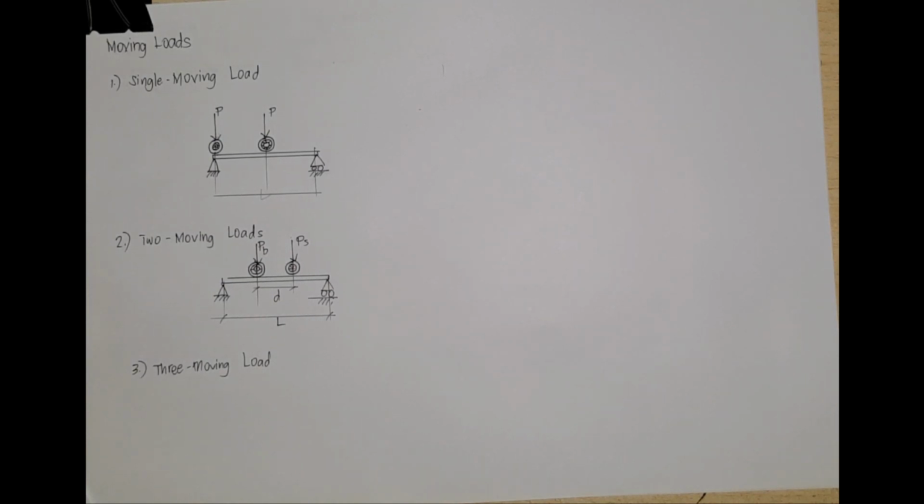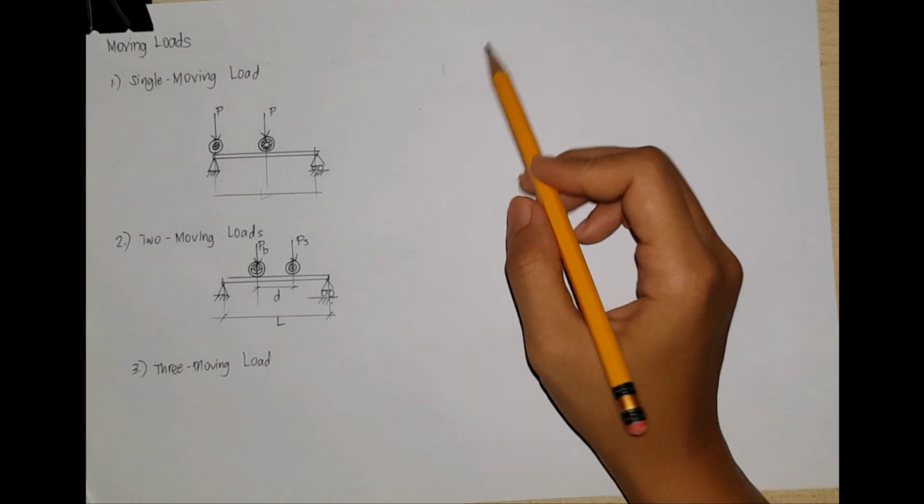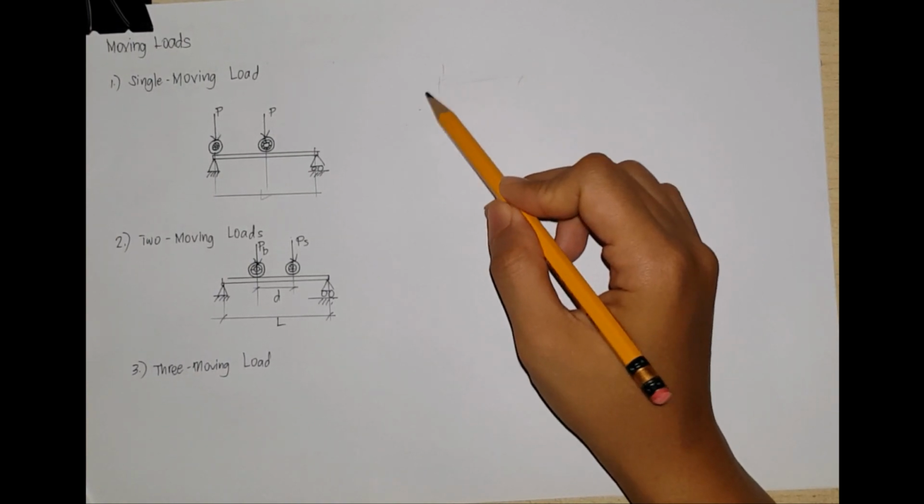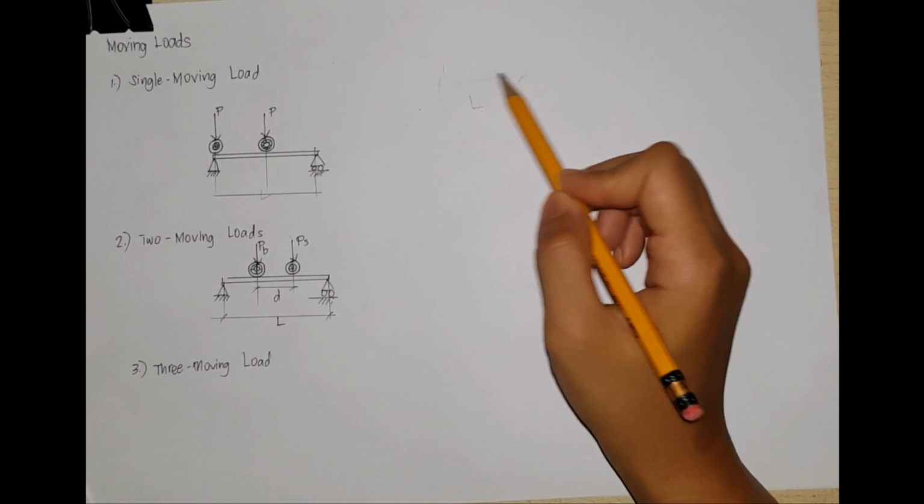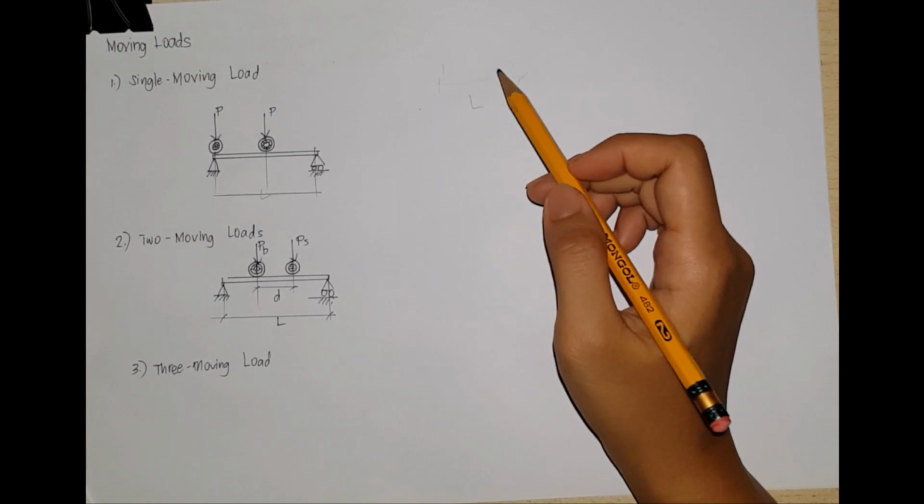So we are now on the last part of chapter 4, which is the moving loads. So beams and girders such as in a bridge or an overhead crane are subjected to moving concentrated loads which are at fixed distance with each other. So for example, we have a bridge with a certain span or with a certain length and dinadaan nito ng mga sasakyan like buses, trucks